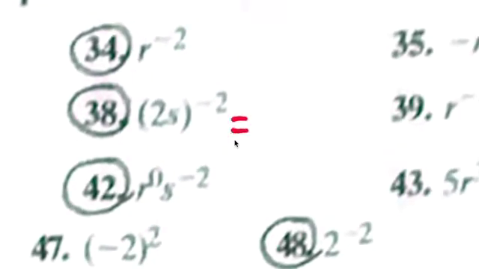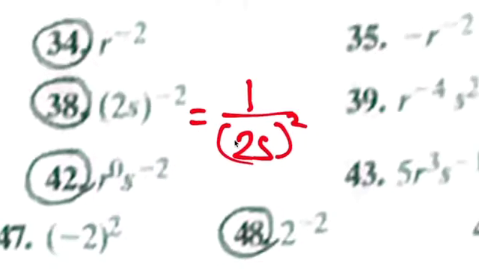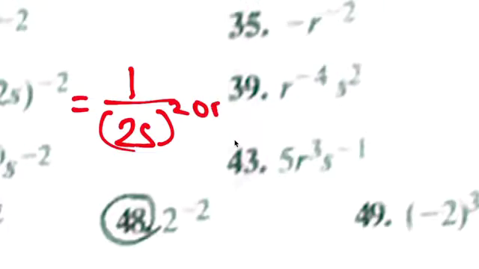Okay, number 38 is a negative 1 over 2s to the 2nd power, like that. Just leave it like that for now. Or this really means 1 over 2s times 2s, right? Which is 1 over, oh,